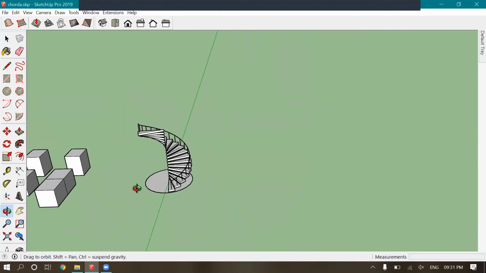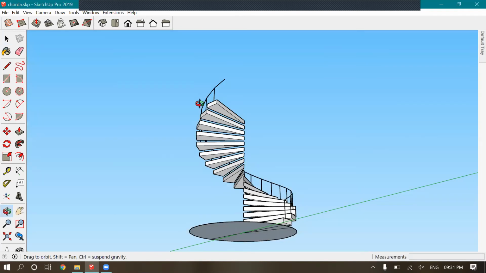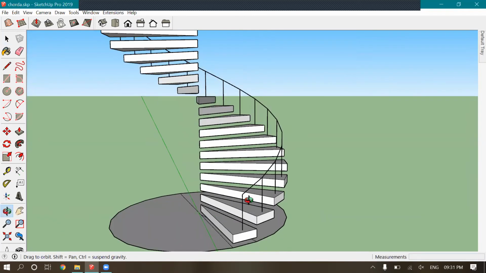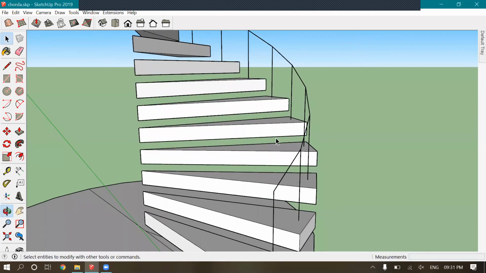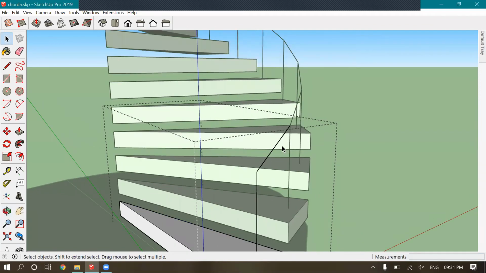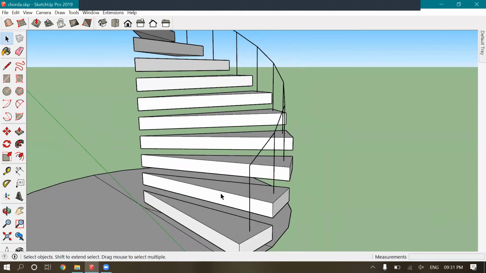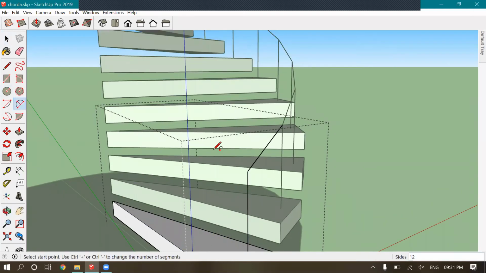That's the easiest way to make a circular stair. And now, this is a component, right? So I need to go in the editor settings every time.